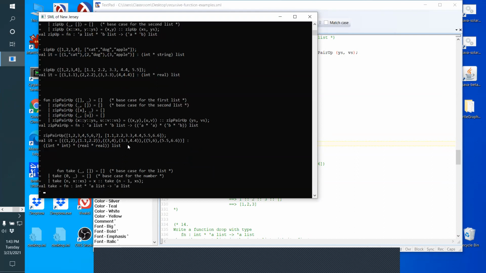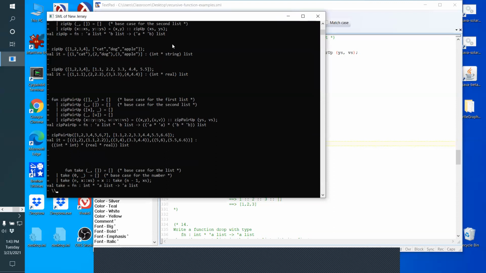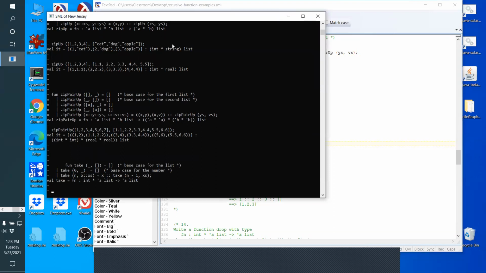Okay. Notice the function takes in an integer and a list of A's. So it's polymorphic in the list, and an integer is an integer. So it's still a polymorphic function. And if I take 3 items out of the list,